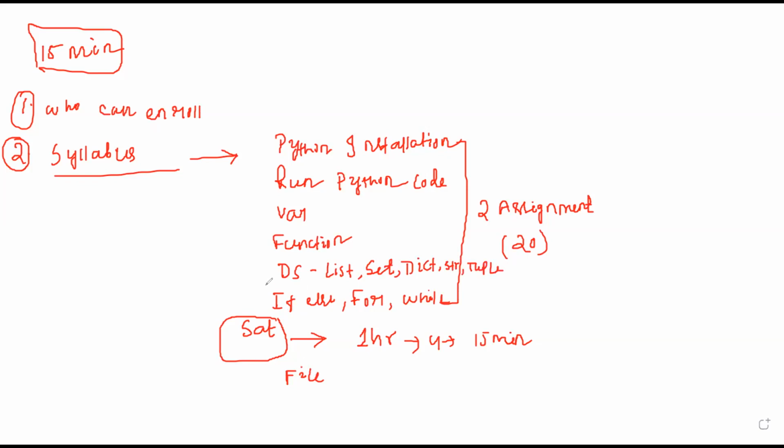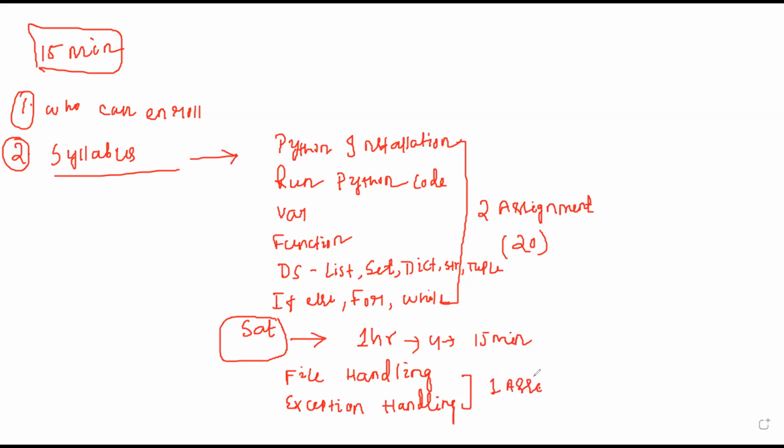Now, once you complete this first module, we will be going for second module where you will learn about file handling. So what is file handling? File handling, how to open a file, close a file, read, write operation, lot of things we will discuss. After file handling, we have exception handling. There is an exception or error, how to handle it, right? Again, I will discuss, and then you have assignment, right? So you have one assignment from both of these modules.